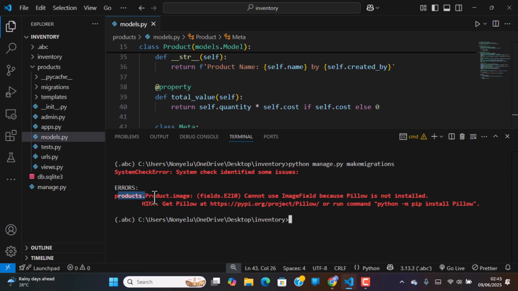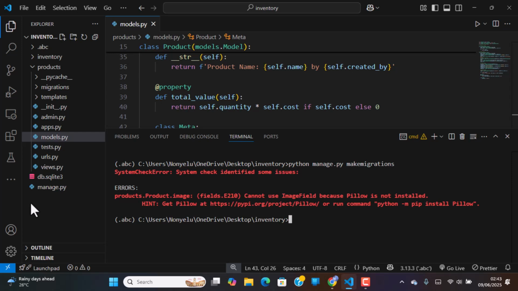Product image is set to ImageField, cannot use ImageField because Pillow is not installed. So that's because we need an extension. Whenever you want to use image in Django or in any Python package or framework, you need Pillow